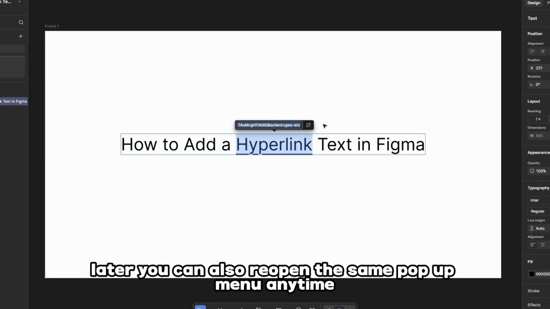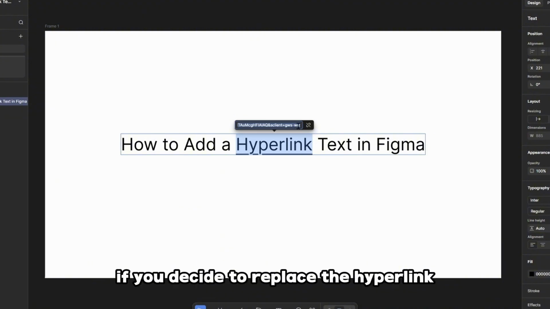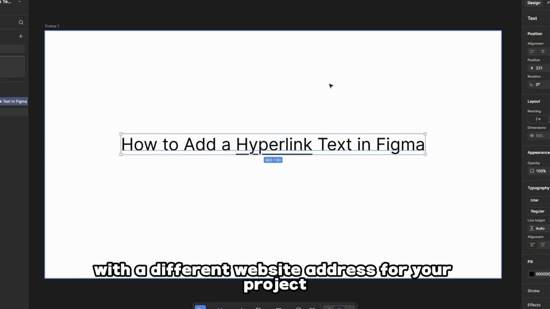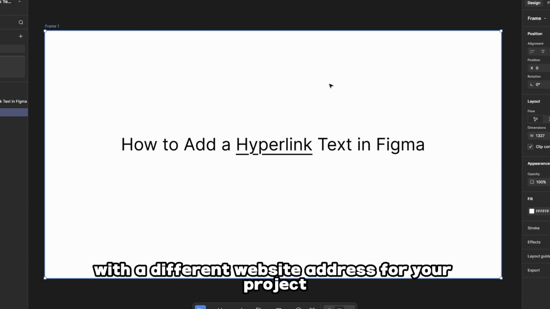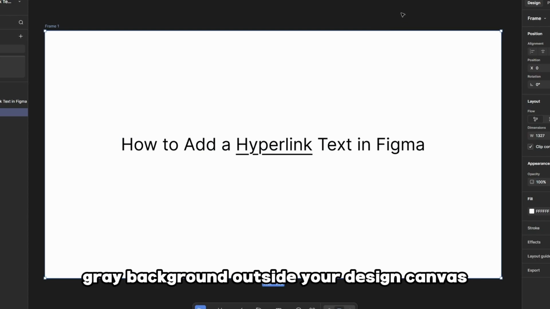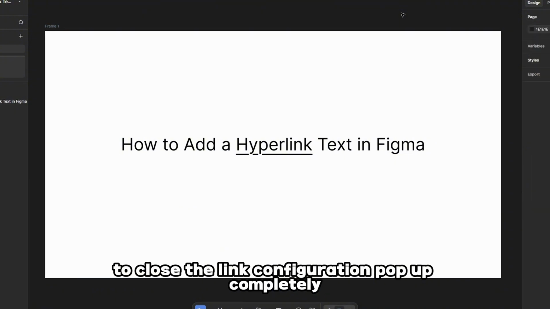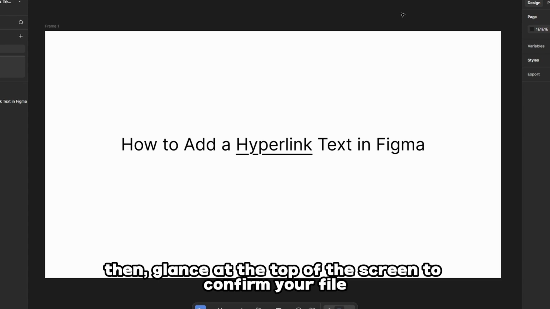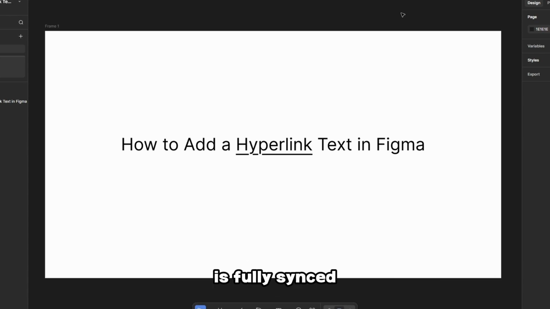You can also reopen the same pop-up menu anytime if you decide to replace the hyperlink with a different website address for your project. Finally, click anywhere on the empty gray background outside your design canvas to close the link configuration pop-up completely. Then glance at the top of the screen to confirm your file is fully synced before pressing